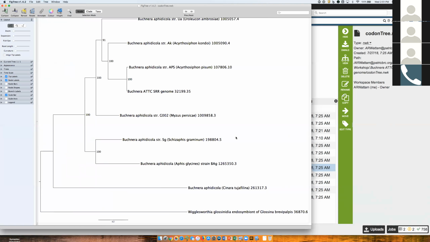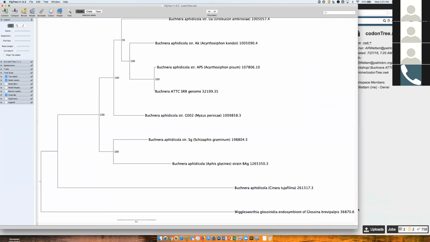That's my favorite one. A lot of people like interactive tree of life because you can have metadata along the sides, but Fig Tree is easiest for me to use, so I haven't really worked that hard at interactive tree of